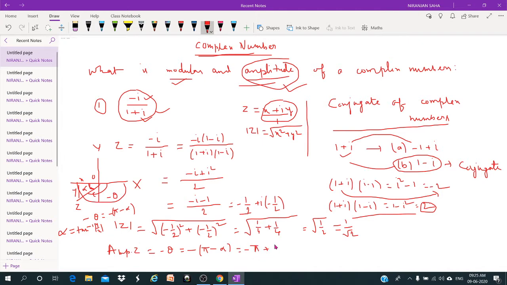Alpha is tan inverse mod of y by x. So minus pi remains, and tan inverse y by x will be